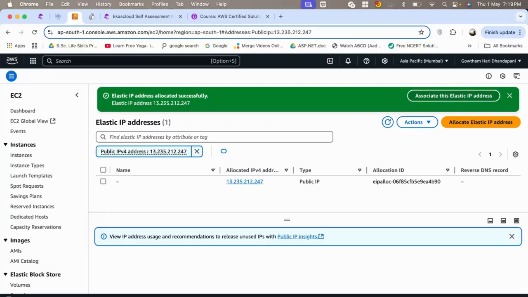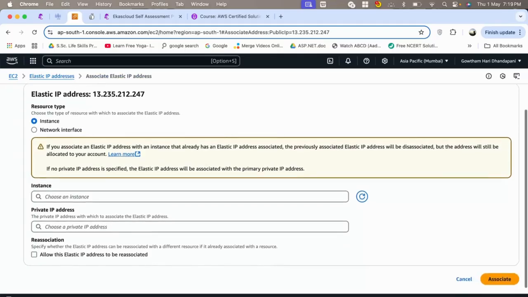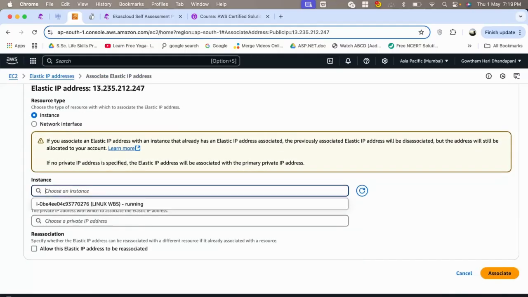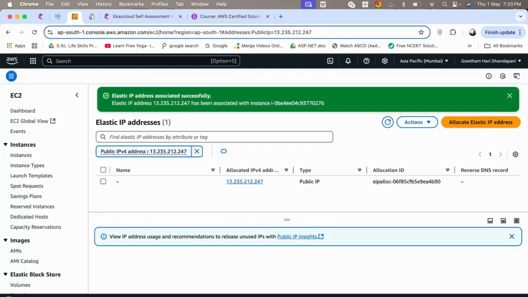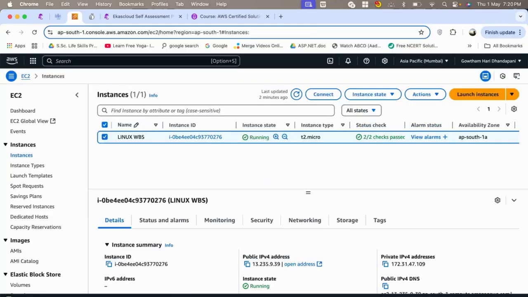So that is what I'm going to do. I will choose the instance name, which is currently running, Linux WS, and the private IP address, and I will choose to associate this instance with the elastic IP address. As you can see, the elastic IP address has been associated successfully. Now, if we go and check,